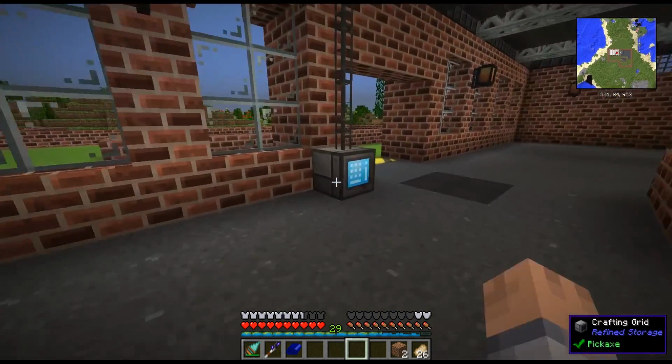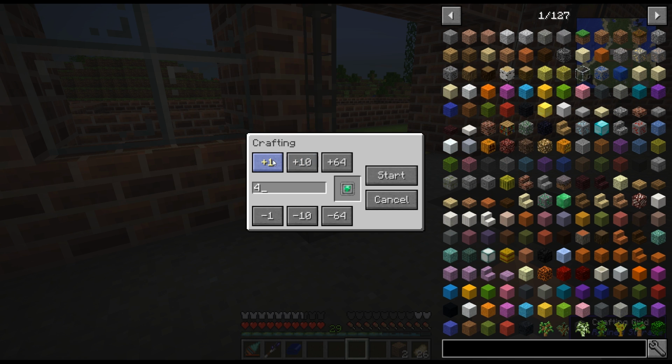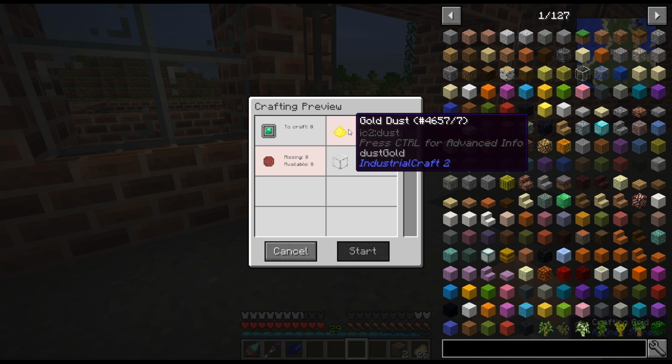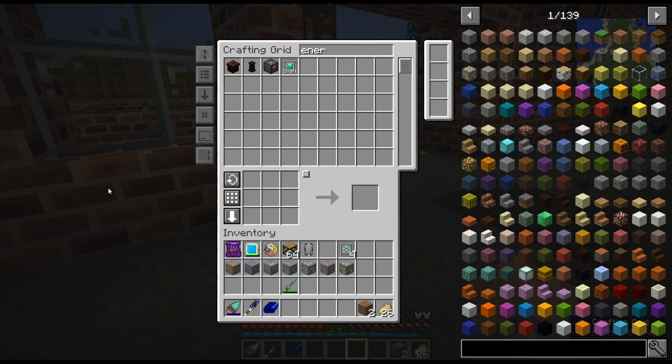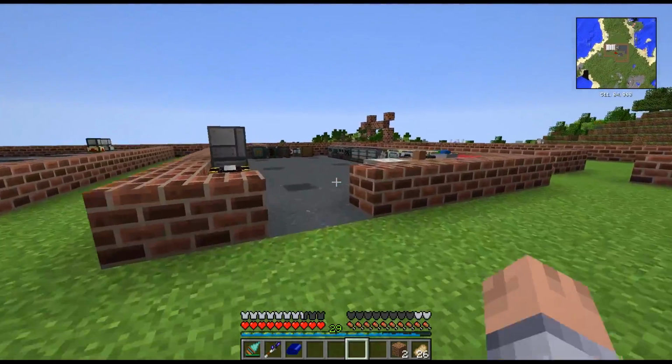Alright, so now let's check here real quick. Energy. Can I make any? Do I have the stuff? No, I need some gold dust and this again. Let me make those real quick, and I just want to double check if...